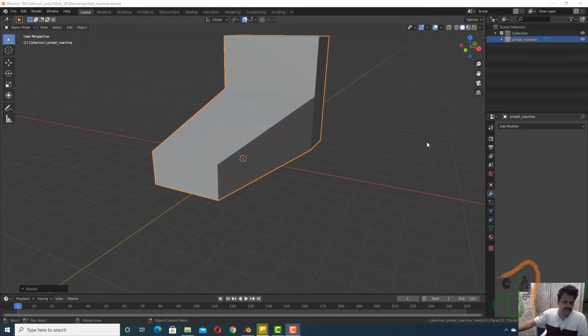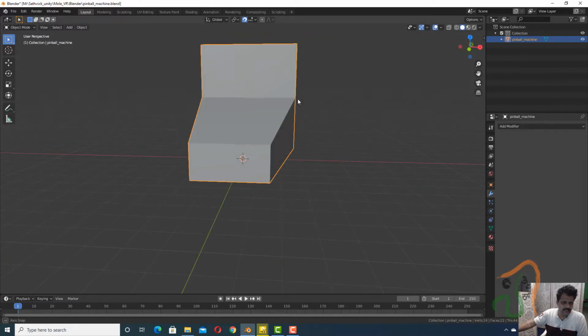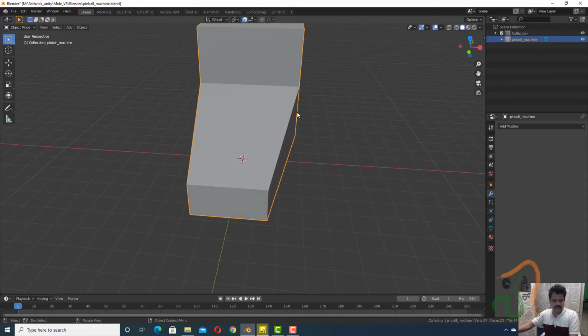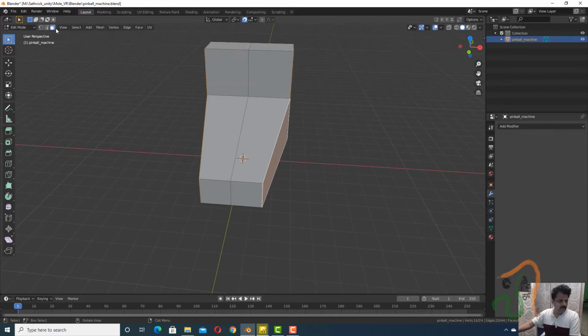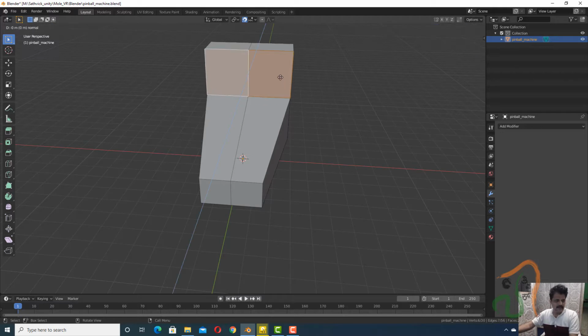Now next, with this selected, press tab and come to edit mode, in face mode. Select these two faces, press E and then S and scale it down a little like this.